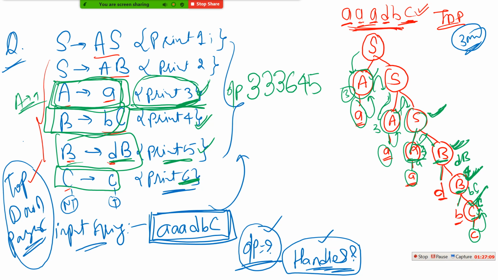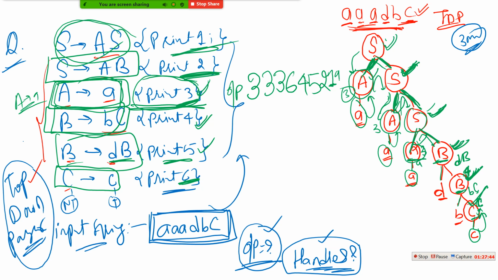So S is executing AB, so print 2, 2 will get printed on the screen. And now I have the value of A and S, so both will get printed because of this A, so S generating AS is 1, 1 will get printed on the screen. And after this AS generating AS, I have got the value of this A, and further this S has the value of this A and S. So after generating this S, that is 1, again S generated AS, that is 1 will get printed. So the output that will be printed on the screen is